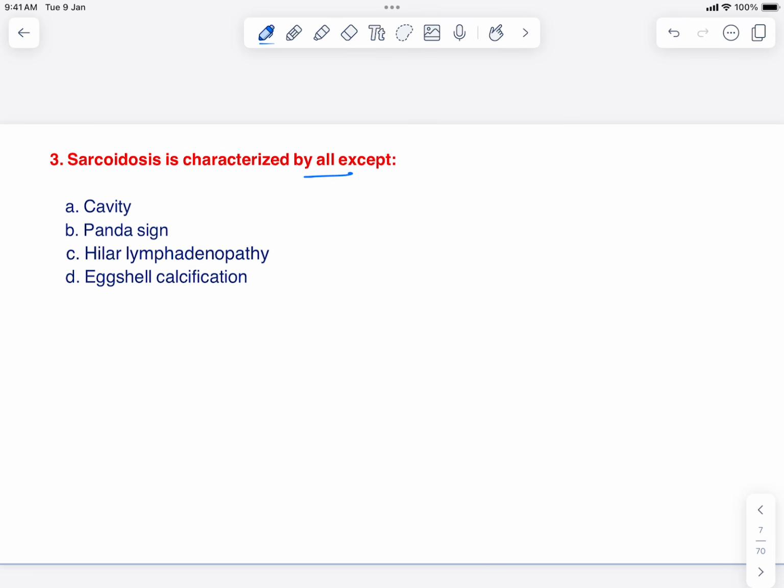Sarcoidosis is characterized by all except: cavity formation, panda sign, hilar lymphadenopathy, eggshell calcification. So panda sign is seen, the panda sign of sarcoidosis, right? You see that in gallium-67 uptake studies. This panda sign is due to increased gallium-67 uptake within the lacrimal glands as well as the parotid glands. And you also have the lambda sign in the gallium-67 uptake studies,